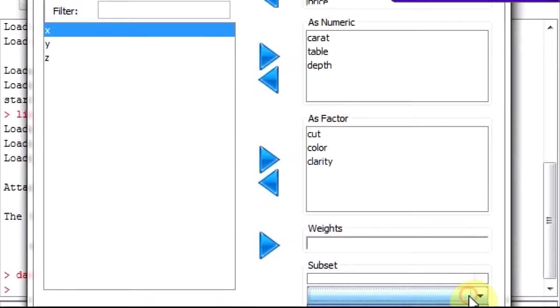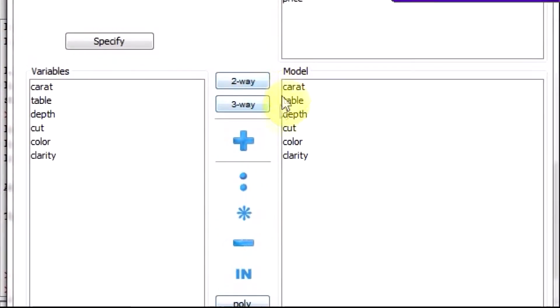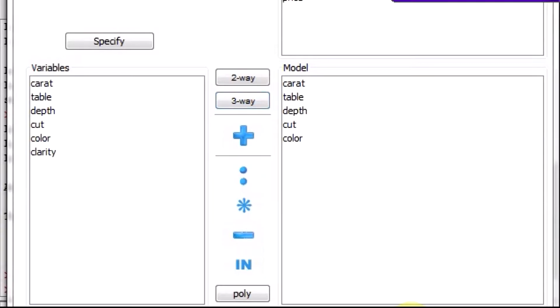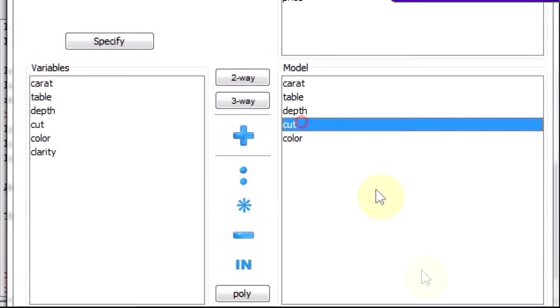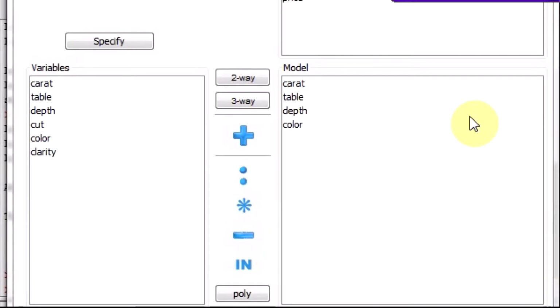I can do a subset also. Suppose I want to simplify the model, I can remove color, I can just say I want it to be based on, yeah.